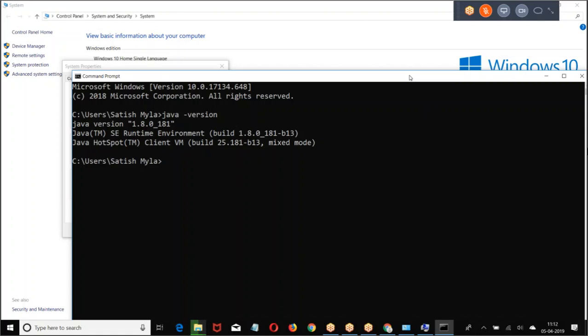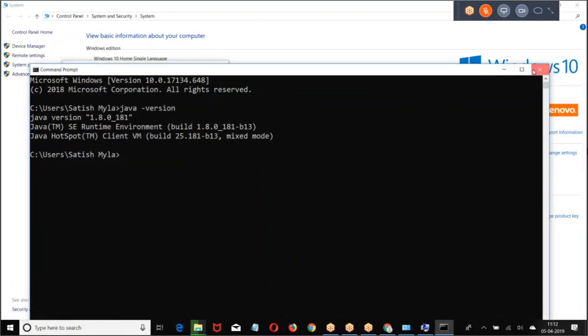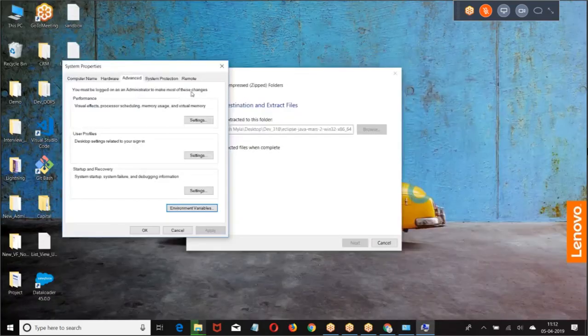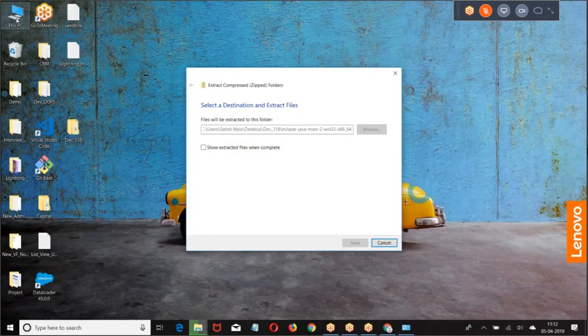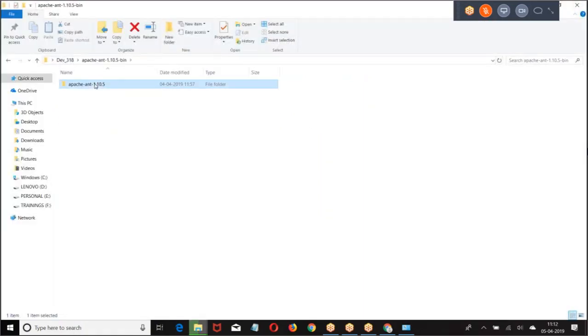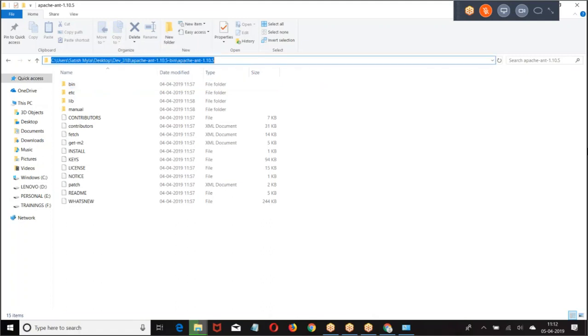Now let us get into the next one. We are going to create the Apache ANT variable. Go to the ANT folder, then excluding the bin, copy the path.